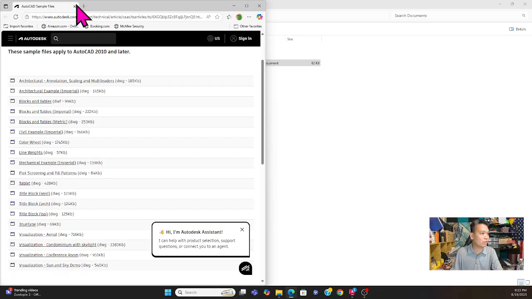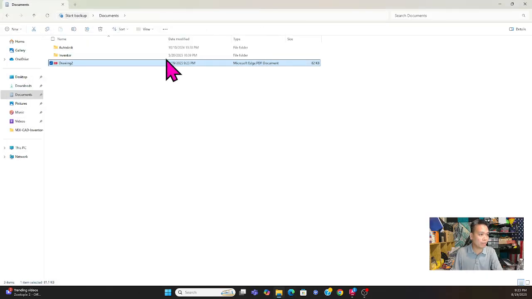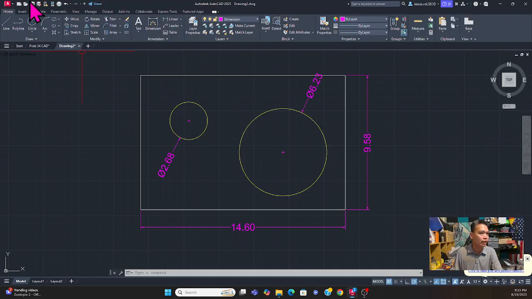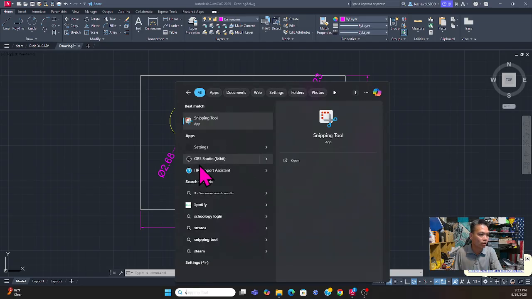Second thing that you can do to submit your assignment. Let me open it back up. Make sure that you save them first, of course. And to submit them in the format that whoever wanted, you just make sure that you can go ahead and snip it. So click on snip,